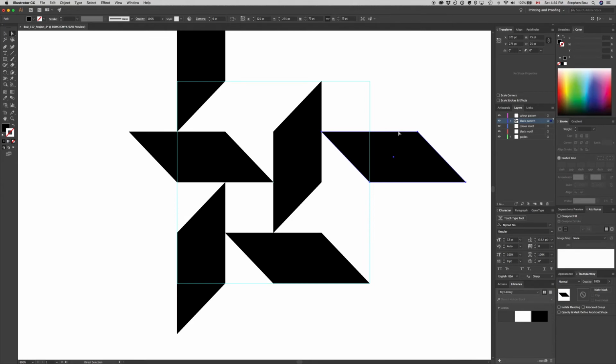So we could do a couple things here. We already know where our 100 point by 100 point square is. We have turned it into a guide. We could actually click to deselect anything on our artboard, and then Command Option semicolon will release the guide that we have just created. Option click on it, and now I can copy that square,